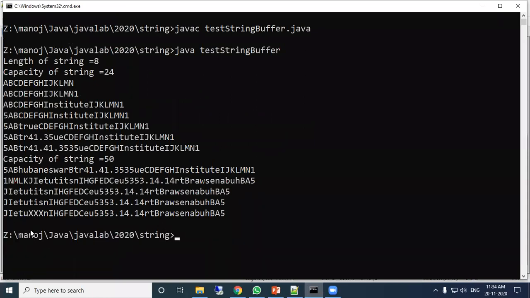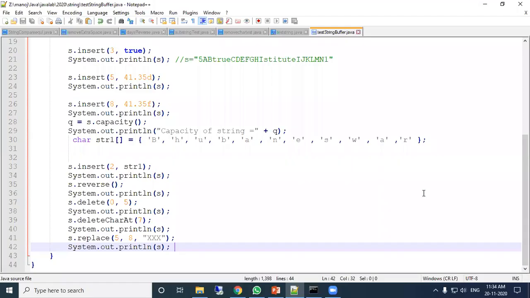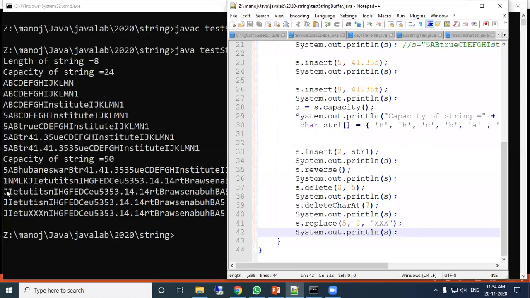Okay, see here the values x is replaced. Previously, just see here, the previous string is this. Now at this position, 3 characters are replaced. So delete 0 to 5, 5 characters are deleted here.